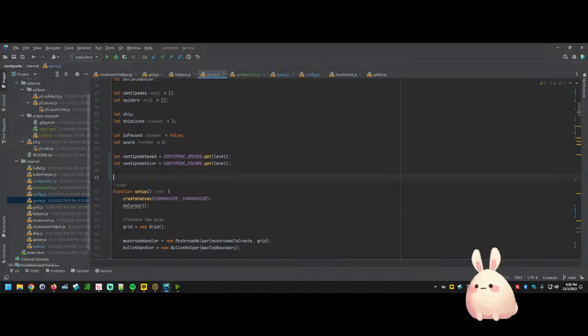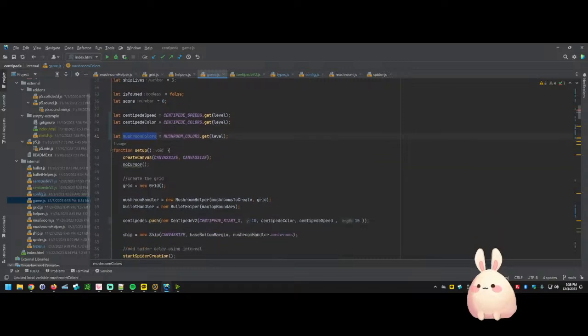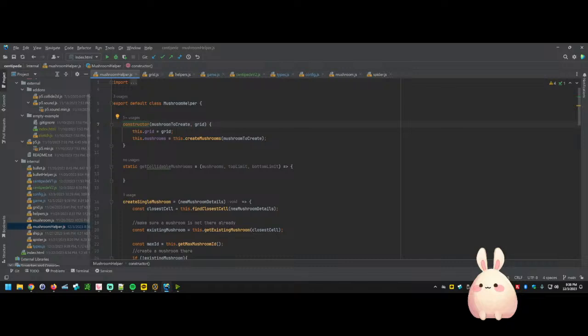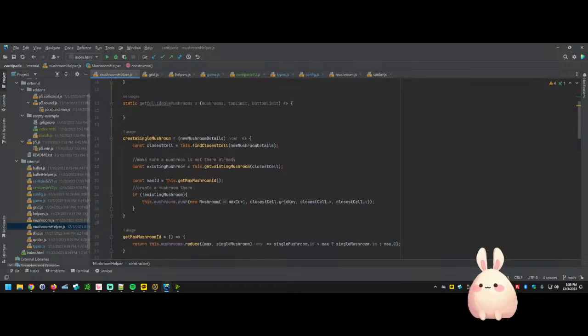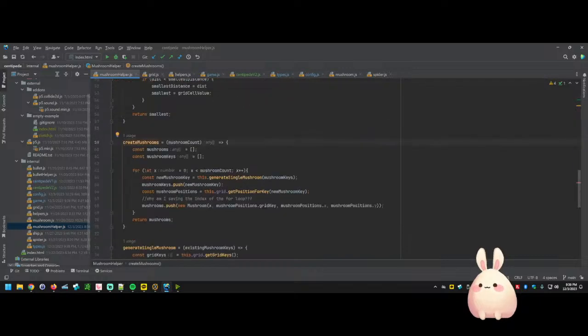Let mushroom colors equal mushroom colors.get, and we'll get it based upon the level. And then when we create our mushrooms, mushroom helper, create mushrooms, generate single mushroom,